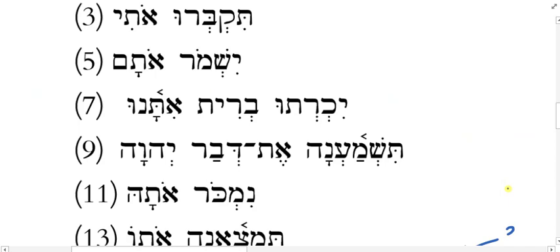So if you look at number 7 here, we have itanu. Let me just review the verb here. Here's our verb karat. This is one of our new verbs, right? If I identify the 3 root letters, then I can identify any prefixes and suffixes. And here I have a prefix yod. A prefix yod is which conjugation? Perfect or imperfect? Imperfect. Because the imperfect uses the prefixes, right?